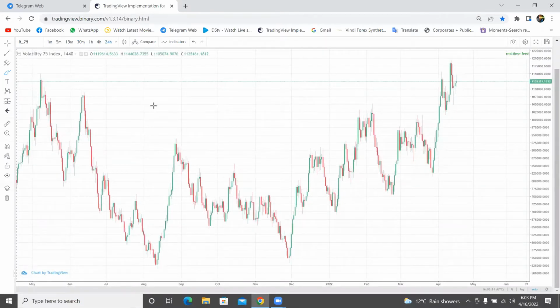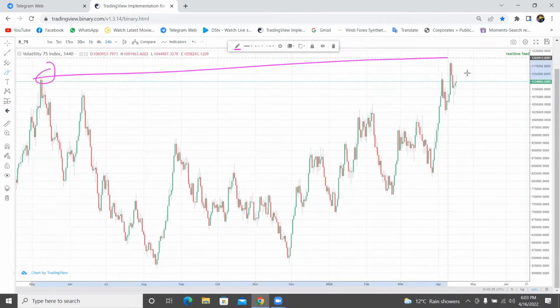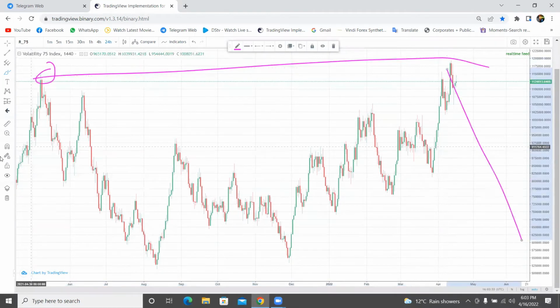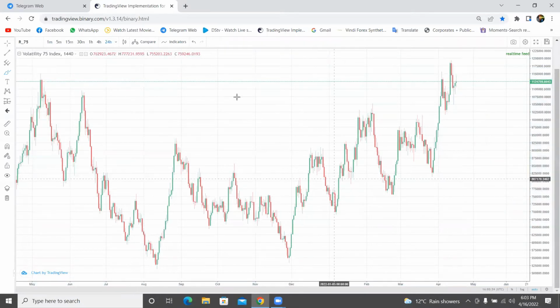Here I can use the trend line still. You understand? Why? Because the market is showing me that the market hit the what? Now it's on the support, and I have to do what? I have to sell here. You understand? So I can't be using the trend line on this